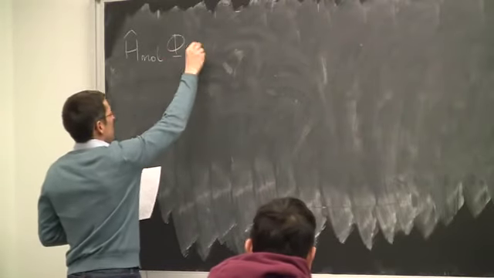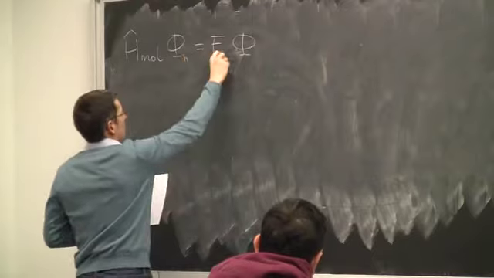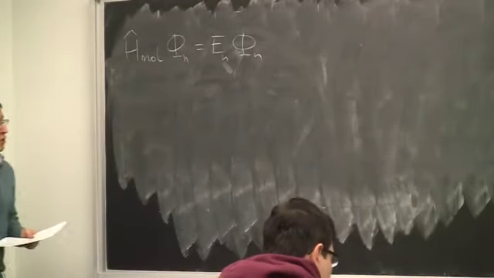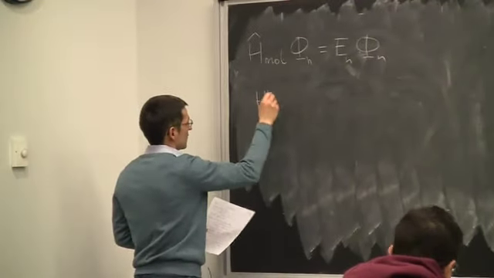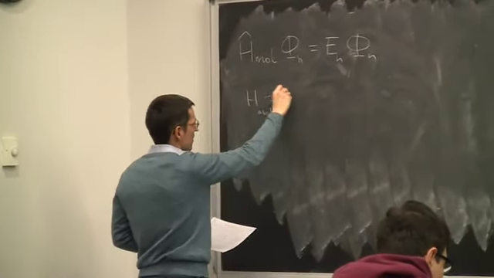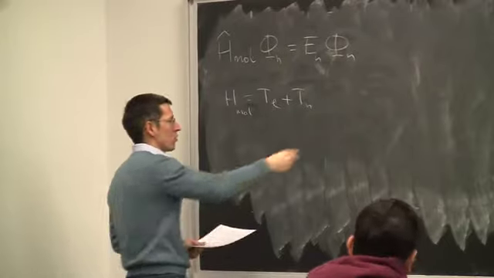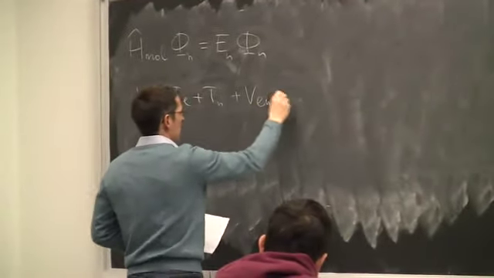The point of writing it is that we can at least formulate what the time-independent Schrödinger equation for a molecule will be. So now we stated that the molecular Hamiltonian consists of kinetic energies of all particles, electrons and nuclei, plus potential terms,